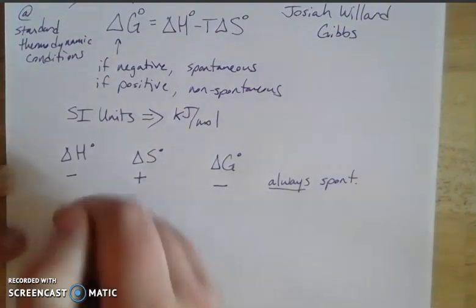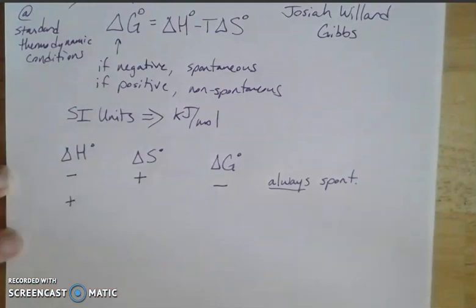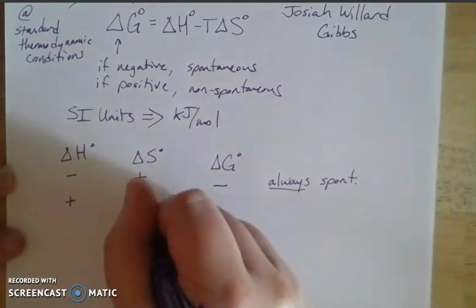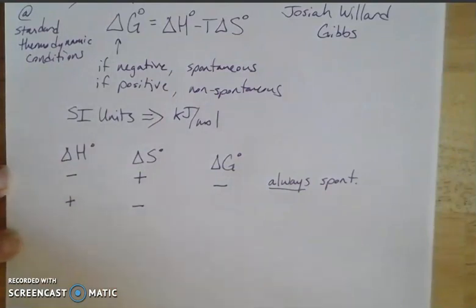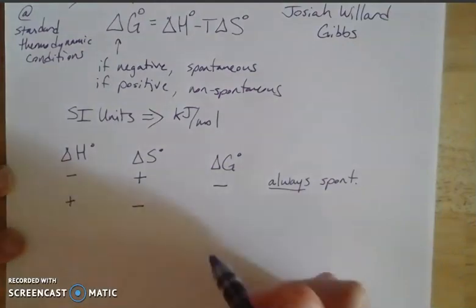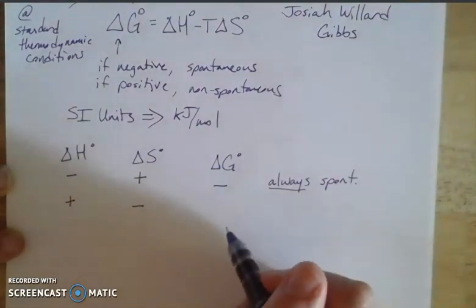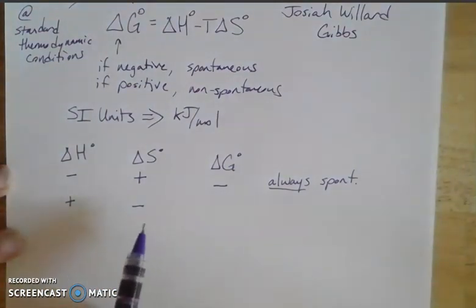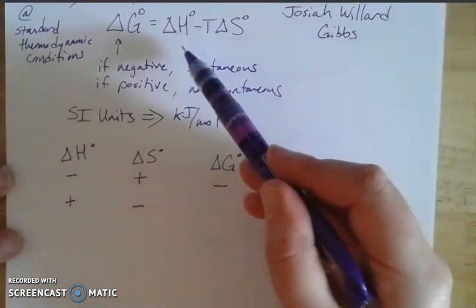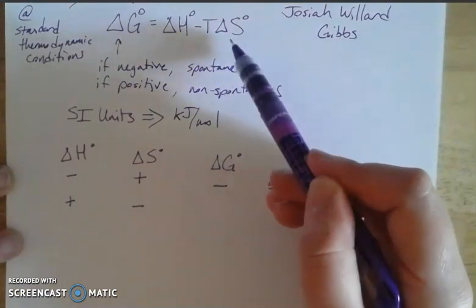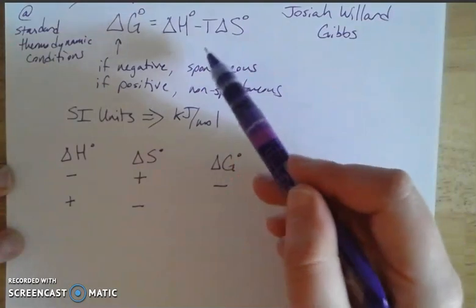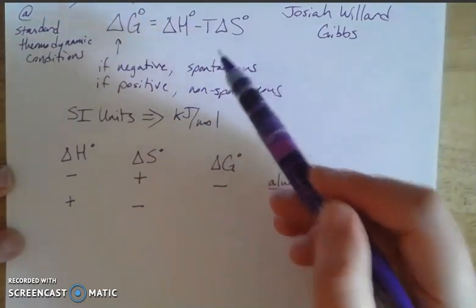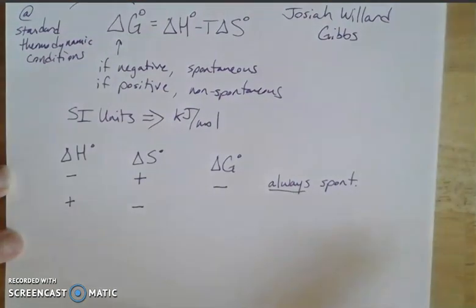Now let's do the opposite. Now if we have an endothermic process, right, where my delta H is positive, and I have a system that is getting more ordered, right, so I'm going from maybe a phase where I have a bunch of gases and then I'm putting them all together and I'm forcing them into either liquid or solid phases, or combining them together and making them less free to move around, then that would be a negative delta S. So if we think about this from a mathematical standpoint, if I have a positive delta H and then a negative delta S, the negatives will turn into a positive. Two negatives make a positive. That means this whole quantity is always going to be positive.